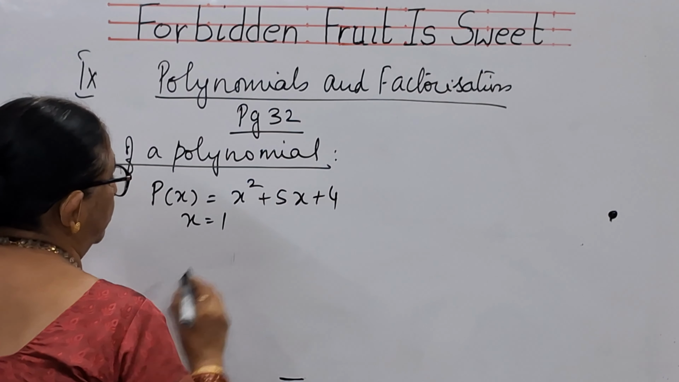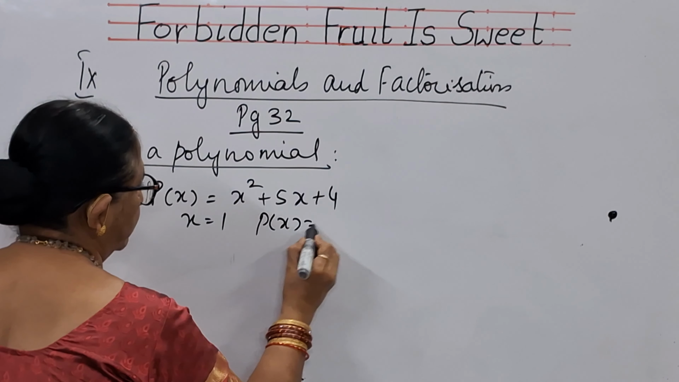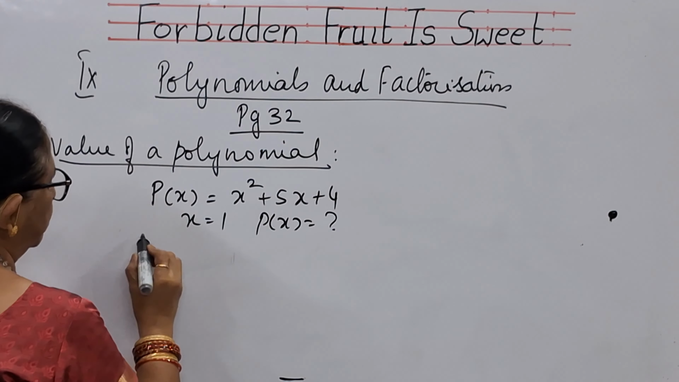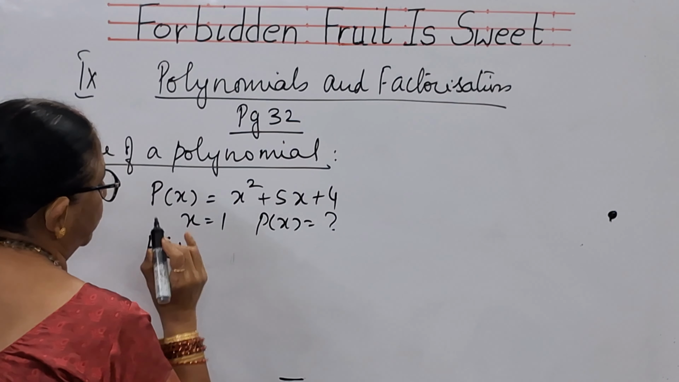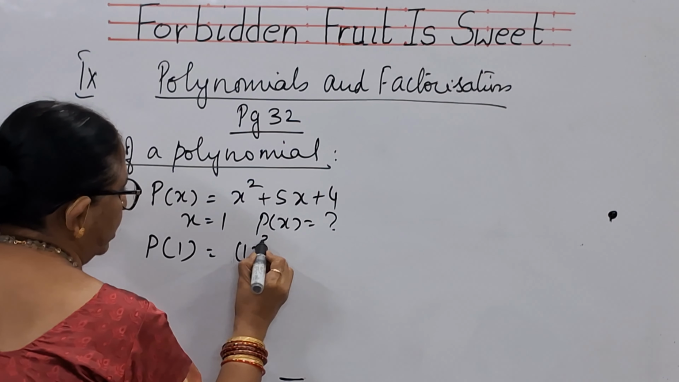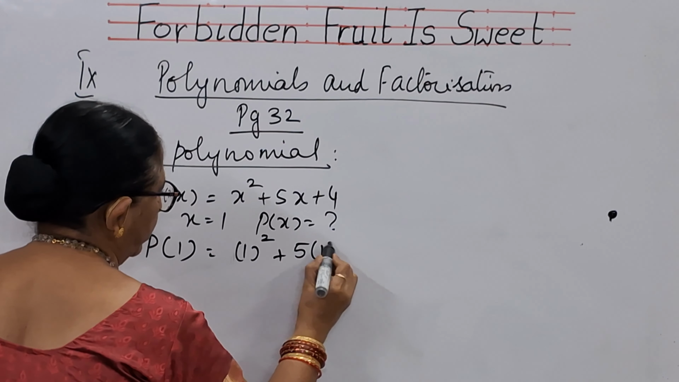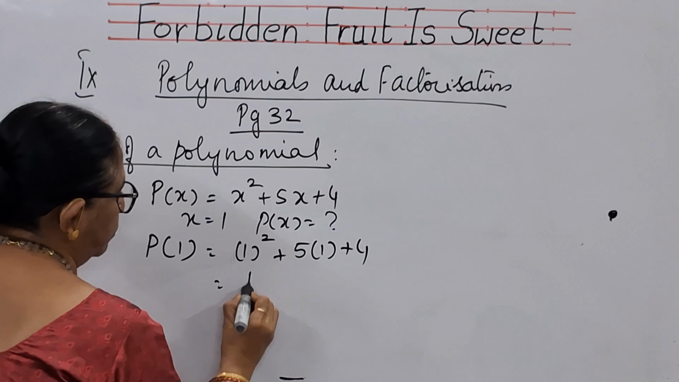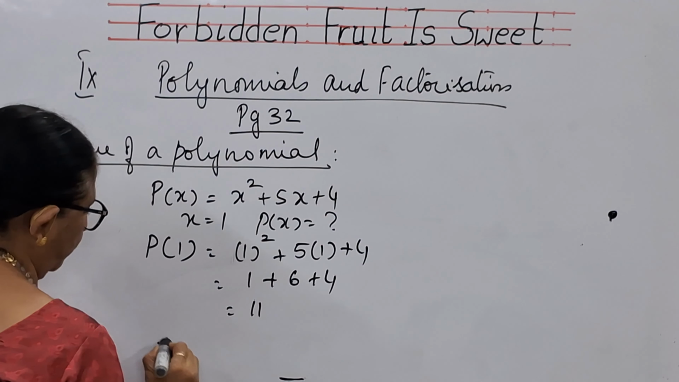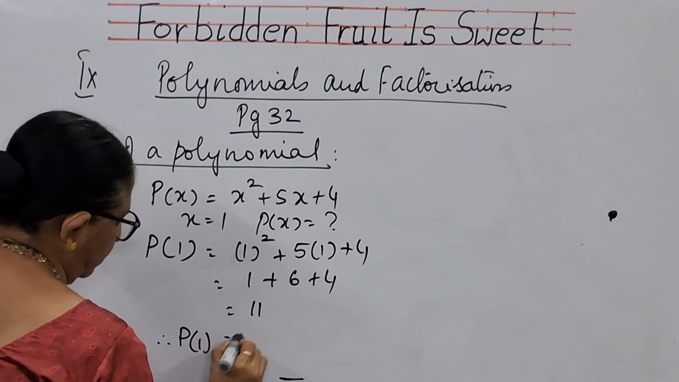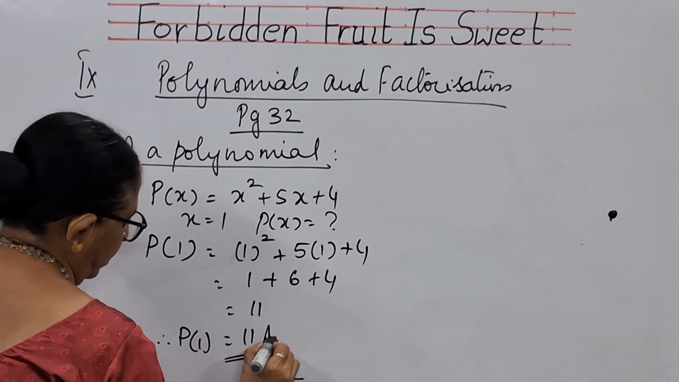Then what is the value? What is p of x equal to how much? That means, children, you have to find out p of 1. Here x means 1, so wherever x is there, you keep 1. 1 plus 5 plus 4. How much, children? 1 plus 5 plus 4, 10. Therefore, p of 1 is equal to 10 is the answer. Simple